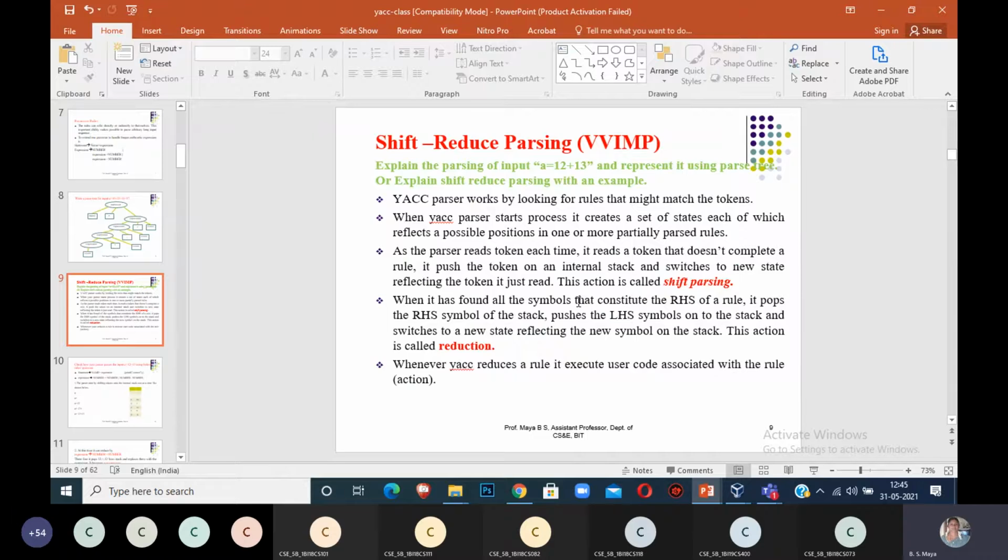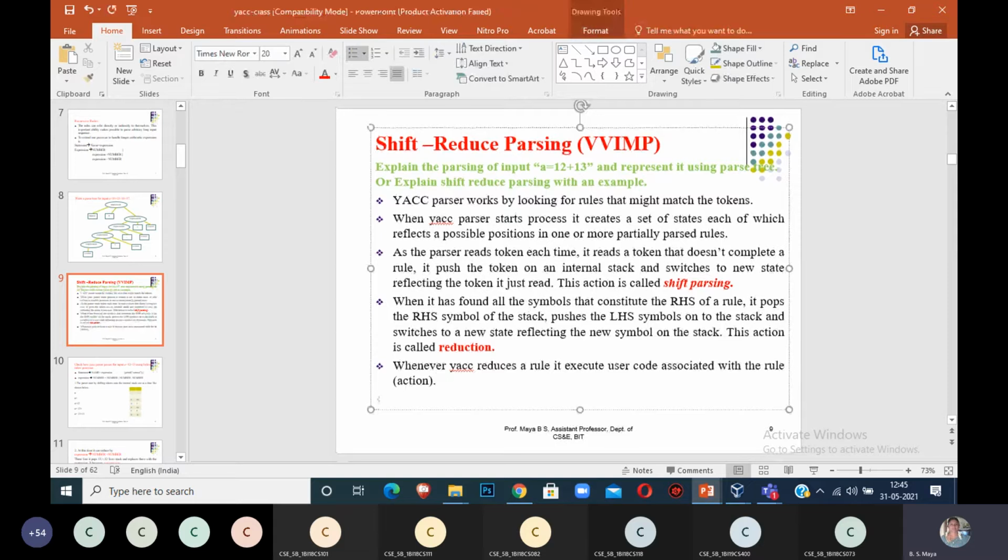Then when is it shift and when is it reduce? There are 4 actions that can be done in shift reduce parsing. The first one is shift, the second one is reduce, the third one is accept. If the grammar is correct, it will say accept. If there is an error in the input, you can say error. What are the 4 actions occurring in a shift reduce parser? That is a 4 marks question. Shift is one action, reduce is the second, the third is accept, the fourth is error. These are the 4 actions that can be done in shift reduce parsing.